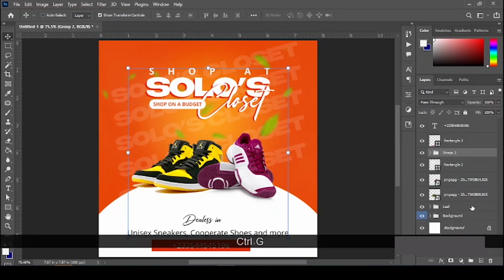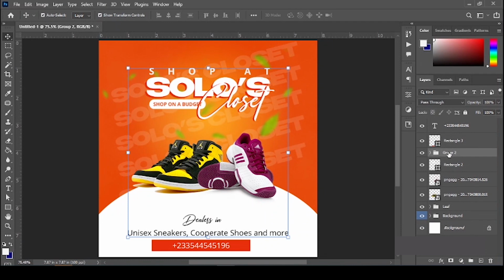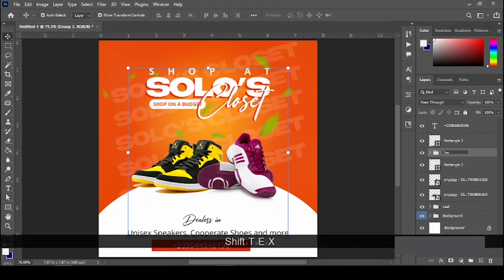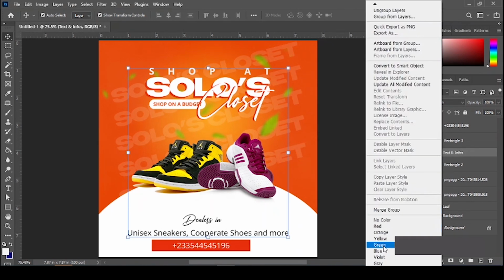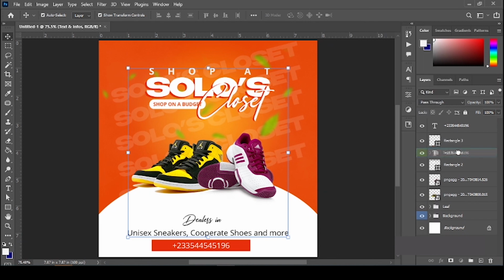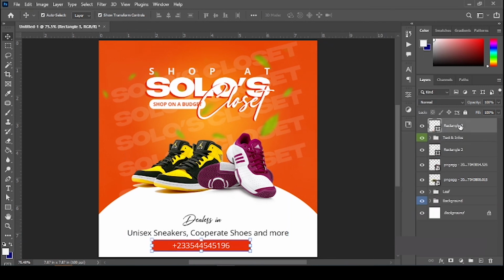So Ctrl plus G to group, and this one is also going to be for texts and infos. I can also label this one as green,